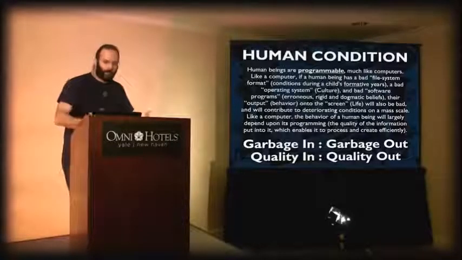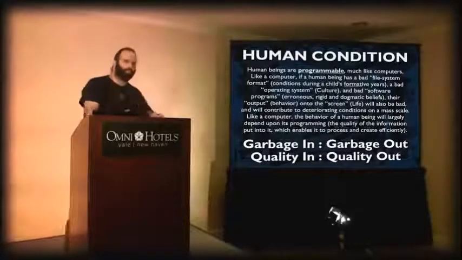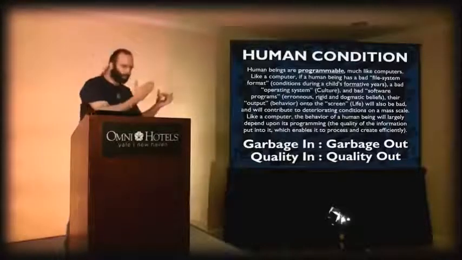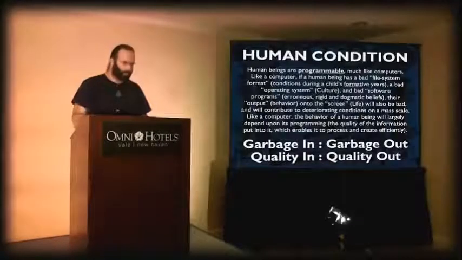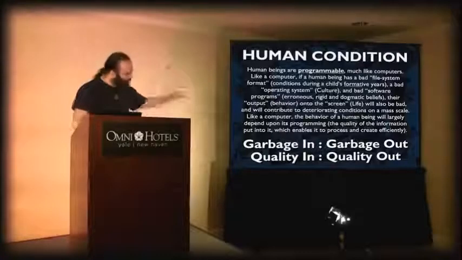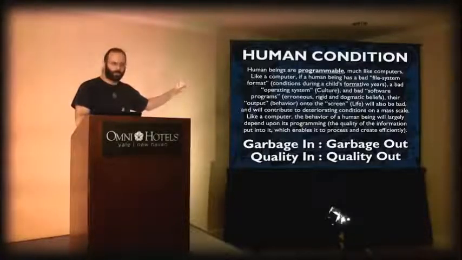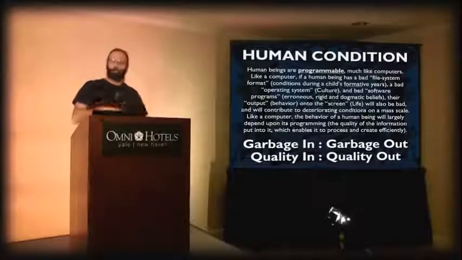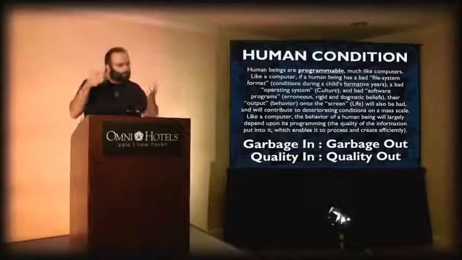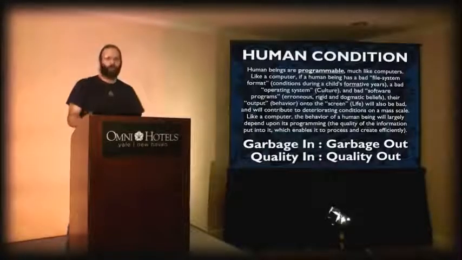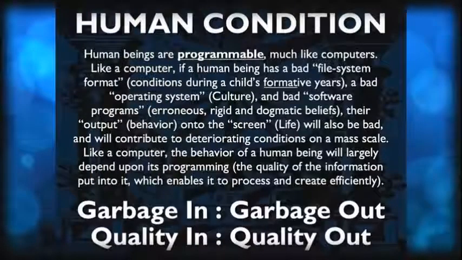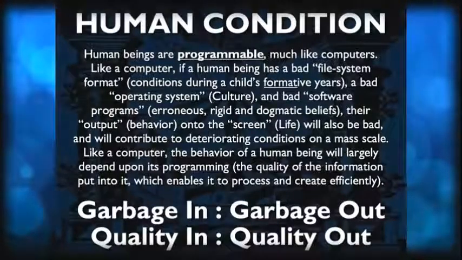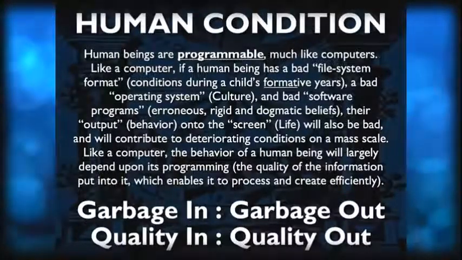So let's say you have a bad operating system, meaning you're already surrounded in a bad environment, in a bad culture. That's also going to negatively impact the output. And then they have bad software programs. Now, these are the programs that you run. If I didn't have a good presentation piece of software, my presentation might come out sloppy. It might crash in the middle of it. It might not display the graphics or the text properly. So you have to make sure you're working with good, reliable software as well. Now, the software is the belief systems, what the person has taken into the mind and processed and made part of themselves. And now, if all of those things are bad, we have three bad components.